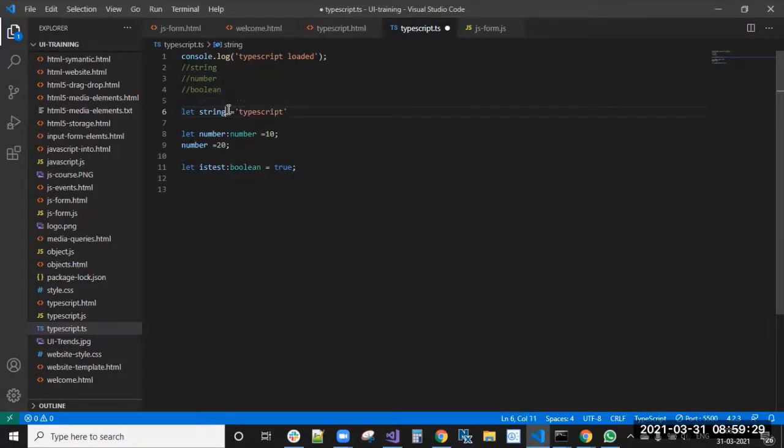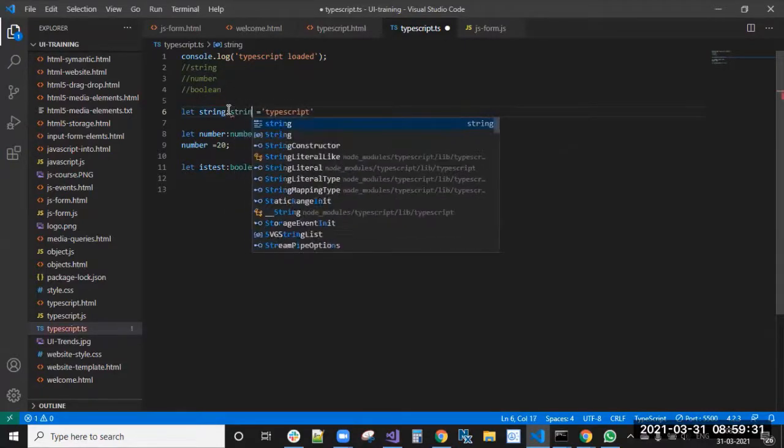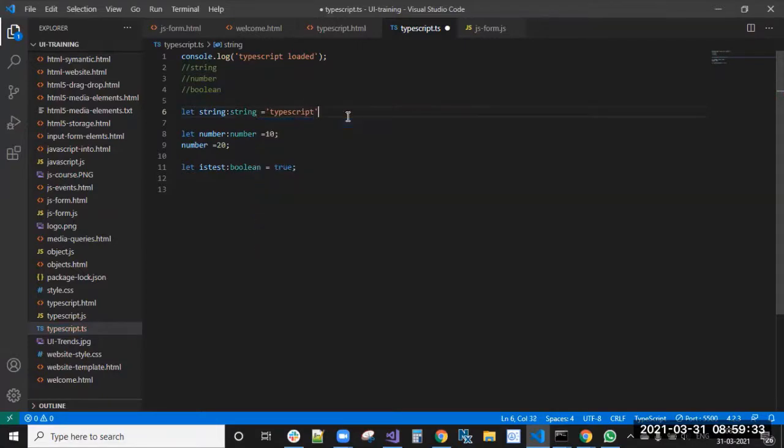This way, if you are declaring a string, or even if you're not declaring it, it will automatically infer the type. I told you, right? So this way we can declare strings, numbers, and booleans. If you declare the type, it is fine; if you don't declare it, it automatically comes out. So these are the variable declarations: string, boolean, and number. Okay. Next,